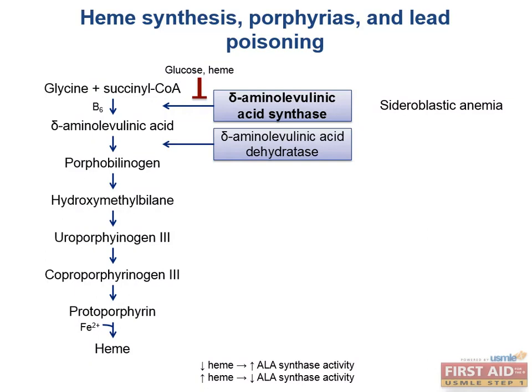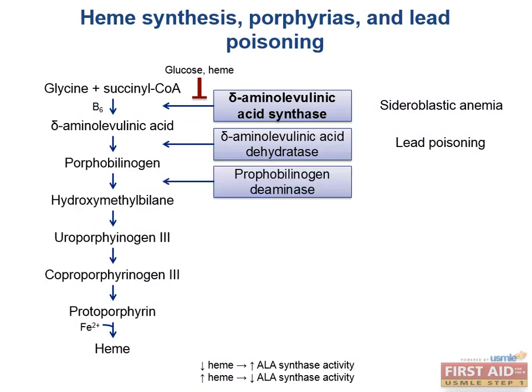Delta ALA is then converted to porphobilinogen via delta ALA dehydratase. Do you remember what we spoke about that can block delta ALA dehydratase? That would be lead in the condition of lead poisoning. Porphobilinogen is then converted to hydroxymethylbilane via the enzyme porphobilinogen deaminase. This reaction is important because deficiency of the active enzyme leads to the second most common porphyria, acute intermittent porphyria,